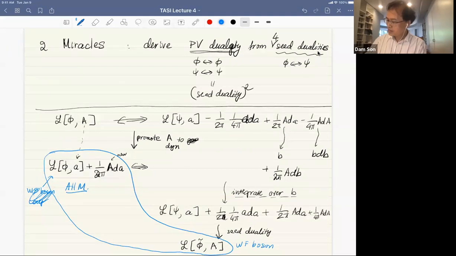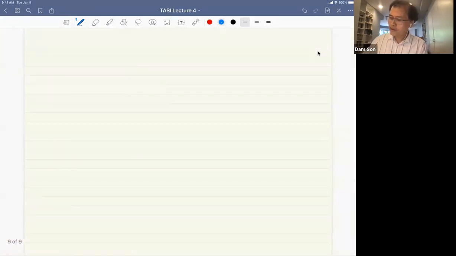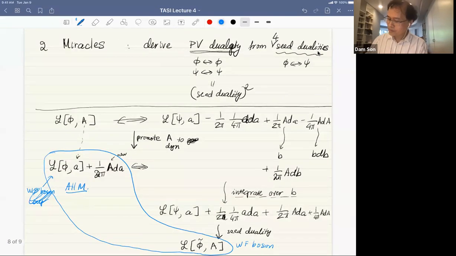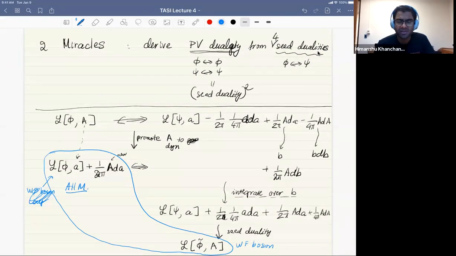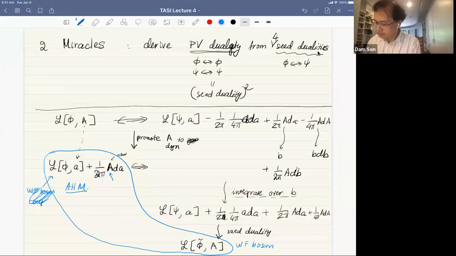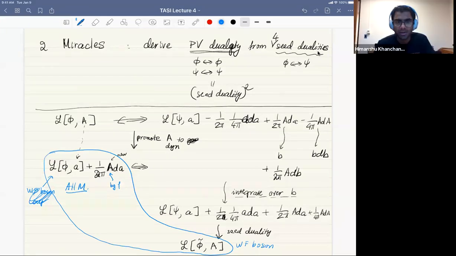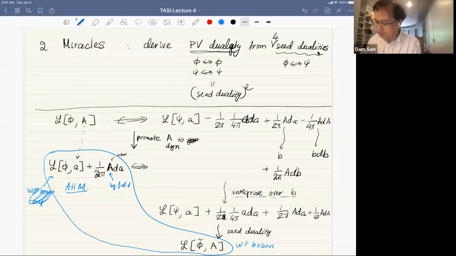And now one can also modify this procedure to have the abelian Higgs model. You did not have a Chern-Simons term for little a. You had an F mu squared term for little a, but here you have A. This is background field for small a. Yeah, there is no Chern-Simons term here either for small a.